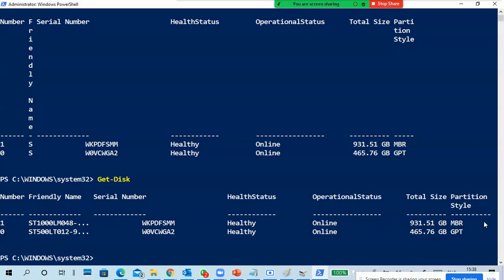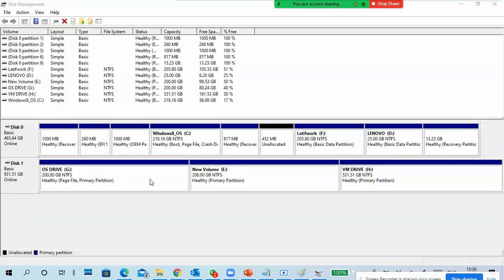It is a 1 terabyte hard disk, it is MBR, and the other is a GPT type of disk, 500 GB. So what is the command in PowerShell? Get-Disk. If you want to modify, then you have to go with Select-Disk or Remove-Disk kind of stuff, but I'm not doing anything. Get-Disk is very simple. Get means get the information of the disk. That's it. You can open a normal PowerShell also, this is not required.